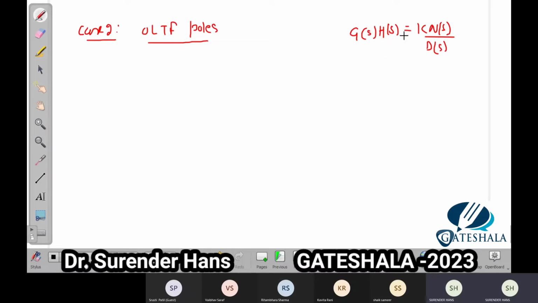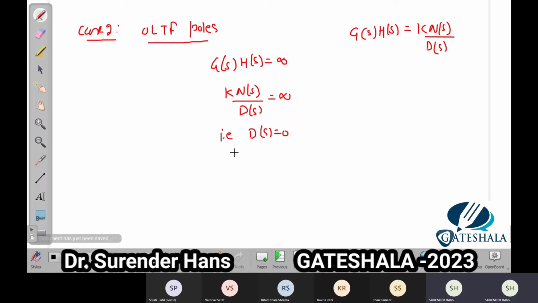Definitely, if I put G(s)H(s) equal to infinity, that is K N(s) divided by D(s) equal to infinity, that is D(s) is equal to 0. So the open loop transfer function poles are given by